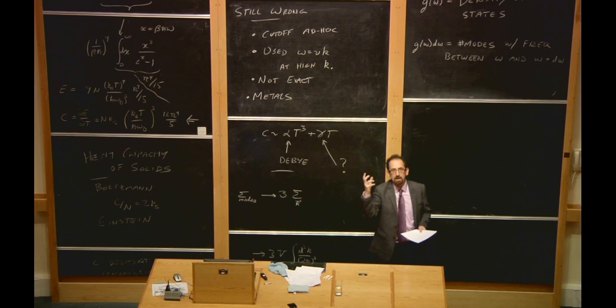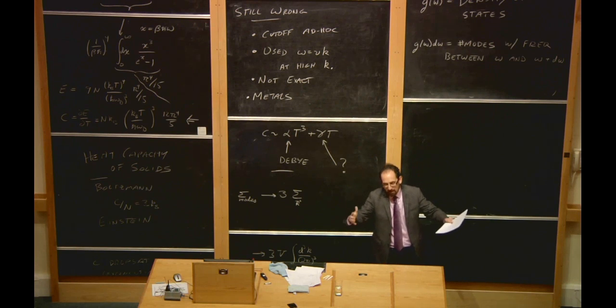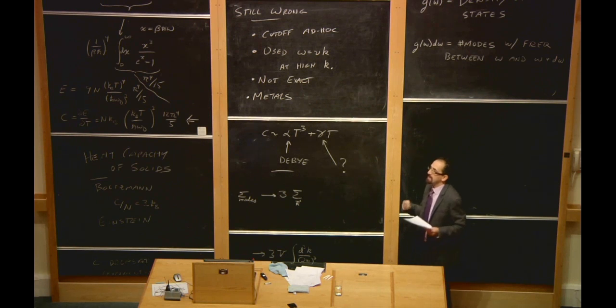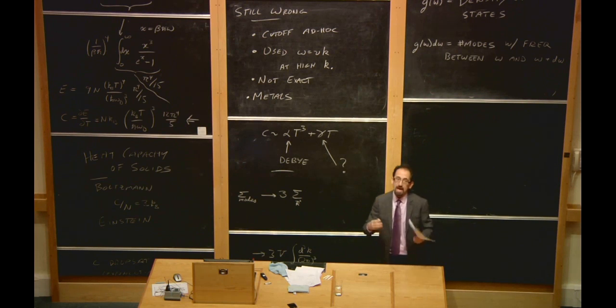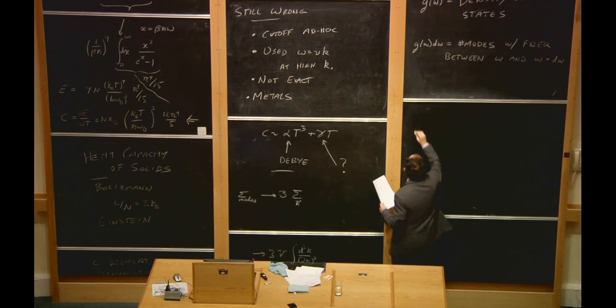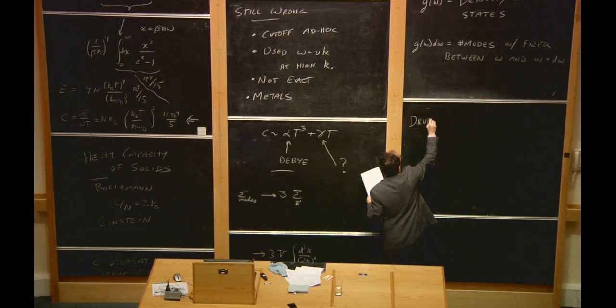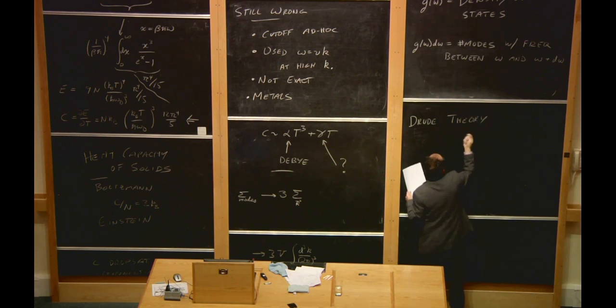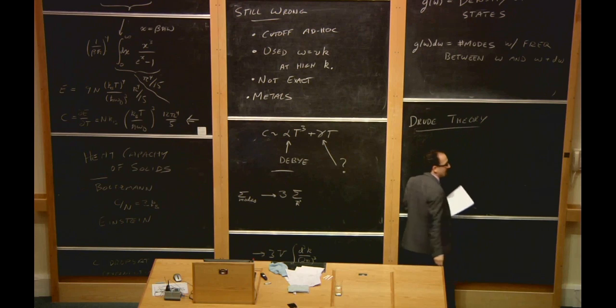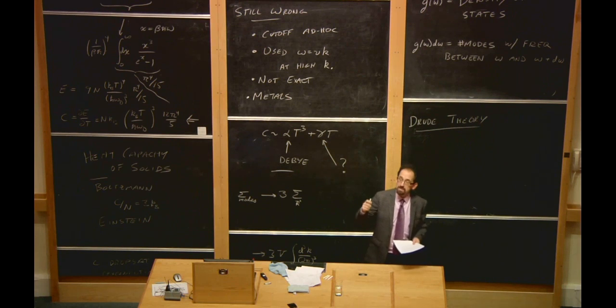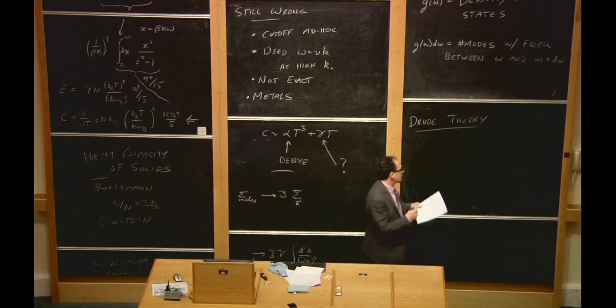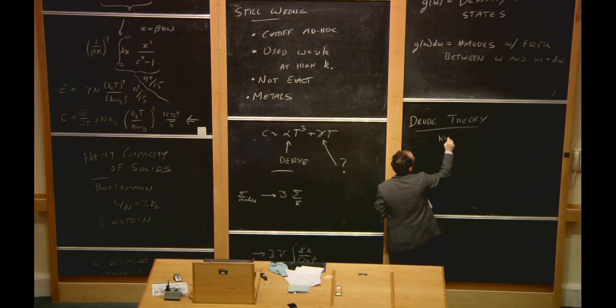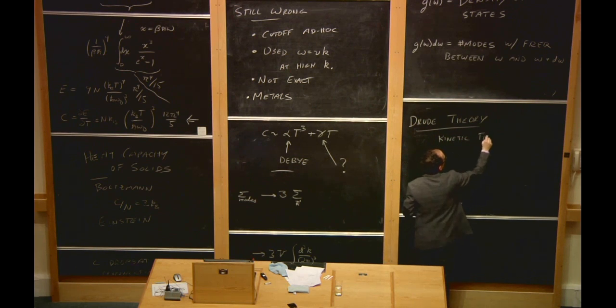And with this picture of the metal really being sort of a container for all these electrons running around, there became a natural thing for people to do, which was to consider these electrons running around as a gas of electrons. And this is what Paul Drude did. It's known as Drude theory of metals, or Drude theory of transport. It applies to metals, and it's actually particularly good. It works, this Drude theory, it's a very crude classical kinetic theory of electrons,